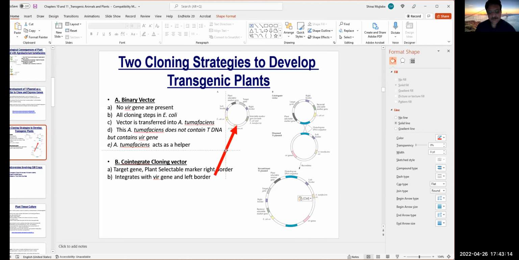in bacteria. So these plasmids are binary. They can grow in bacteria as well as in plants. If you do all the cloning work in bacteria, but you don't have the gene that will help this plasmid propagate in plants, the plants will lose this plasmid. So this plasmid has to be selected. We have to select the bacteria which has this transgenic plasmid, and then once the cloning is successful,